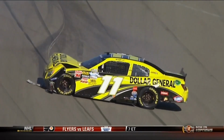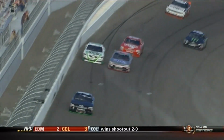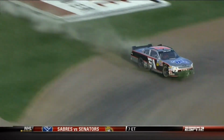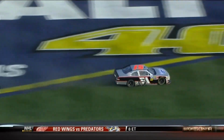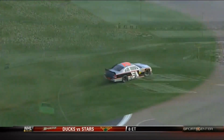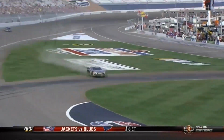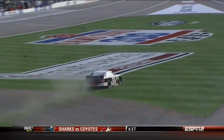And that was Trevor Bayne that had gone around the outside of Brian Scott and up a nice little lead. There's contact there. Yep. And here's where he goes for the ride. Right there. Got a little air. Oh, yeah. Only going to give you about a 6 on that. Yeah, we've seen it done better right there. That's pretty good stuff, though. I think that was Josh Wise last year that...